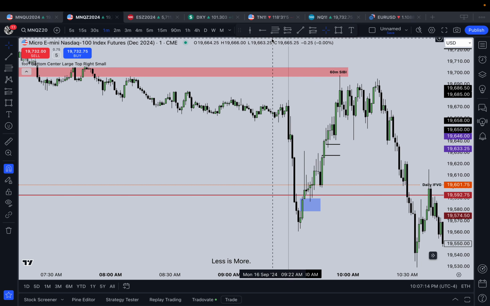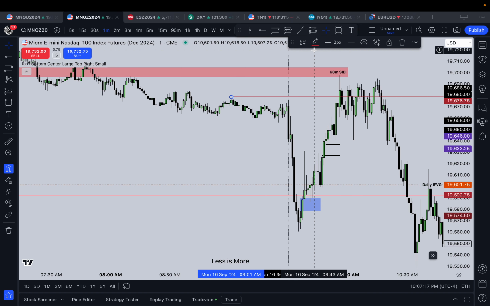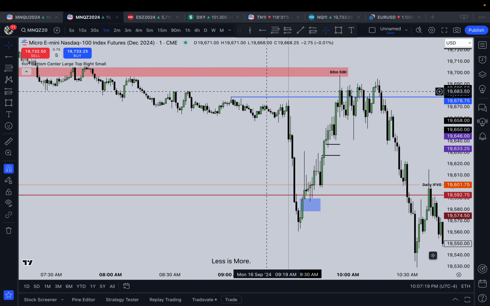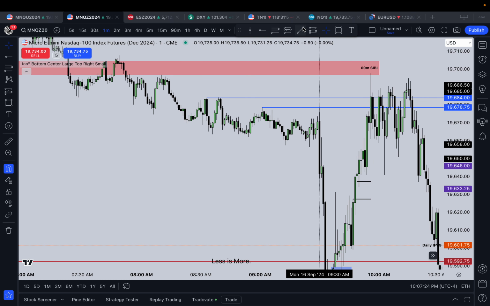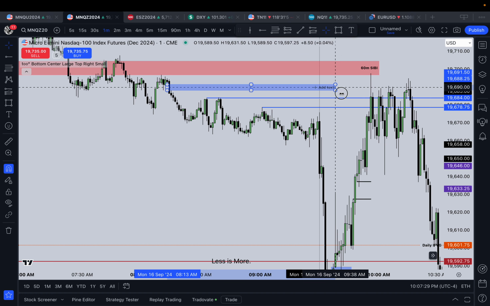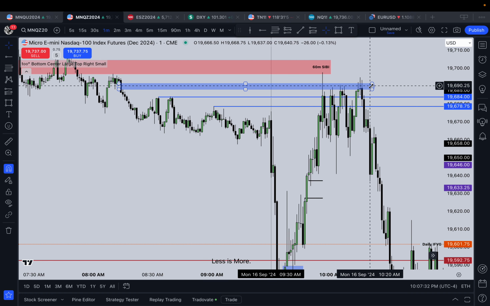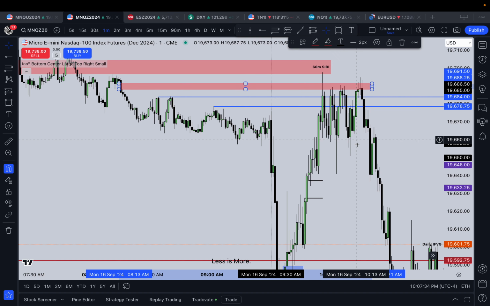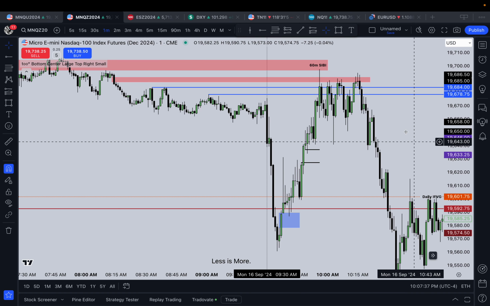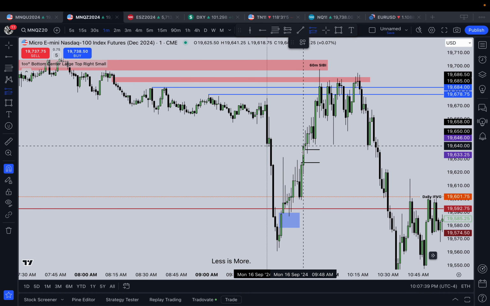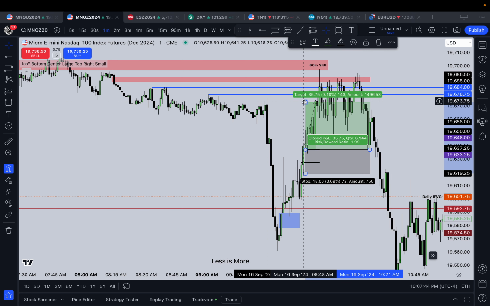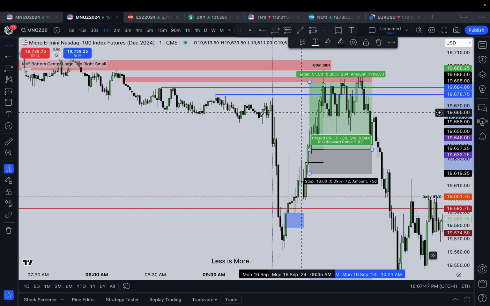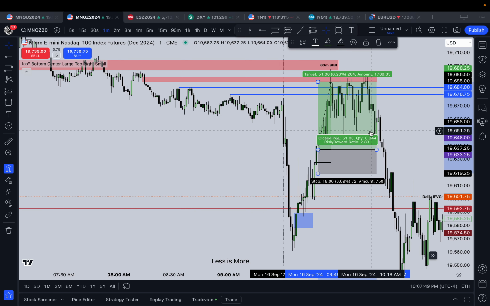Aiming for equal highs. We have a whole bunch of buy side up here. There's your buy side right at 9:30, and then you have equal highs up here as well, and then you have a small little fair value gap right there. So boom, there, that would be your entry. Enter there, stop loss below the candle wick, targeting these equal highs. There's your 1 to 3 right there.